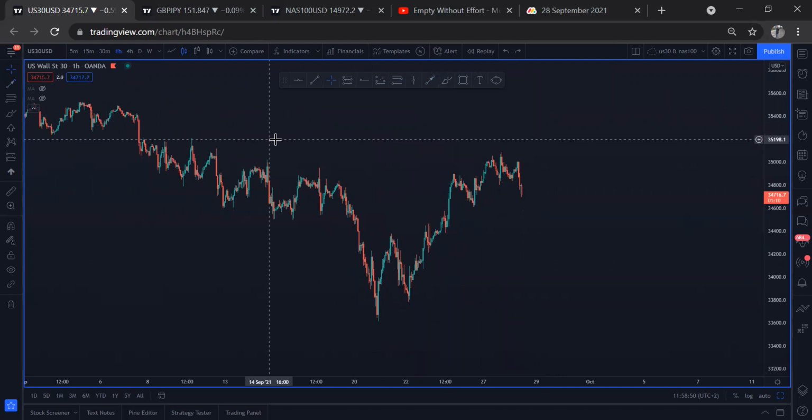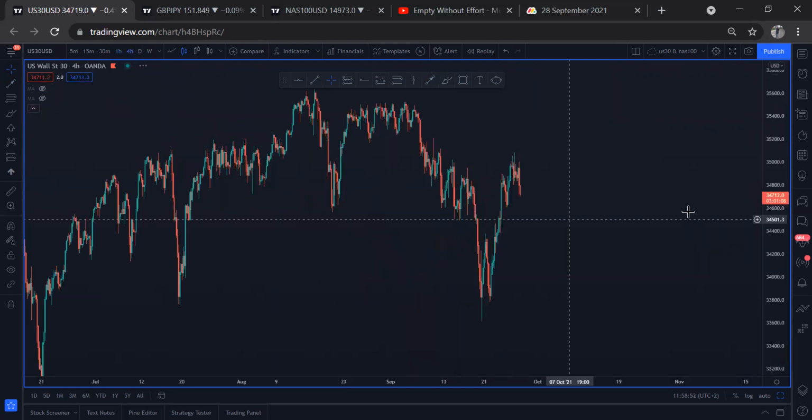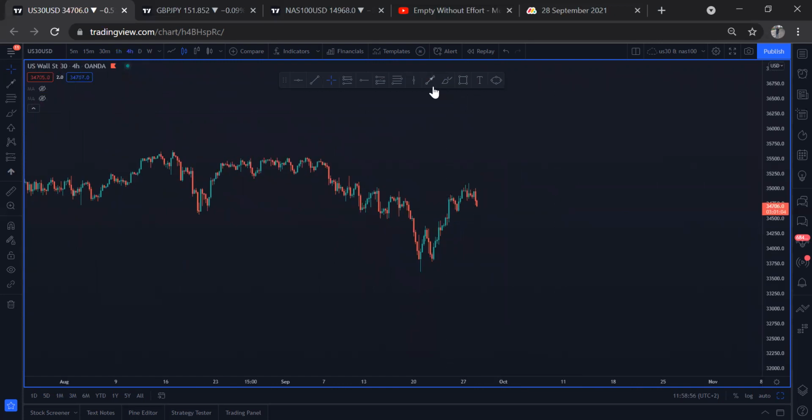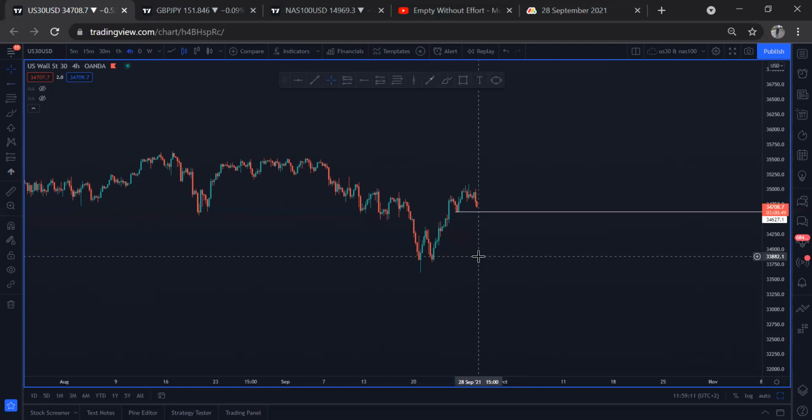But now, if you can just check here, let me just go to my H4 time frame, so it can be a little bit more clear. You can see that, guys, what is it that we did here? We created some sort of double bottom formation here. As you can see, we have a double bottom formation. So what I'm looking for, guys, is for price to come and make this double bottom formation as well here in this area before we continue to push all the way to